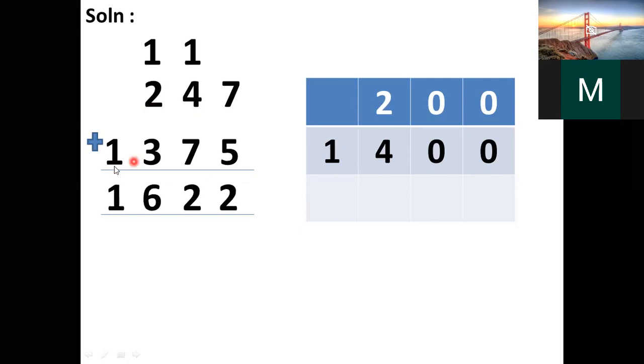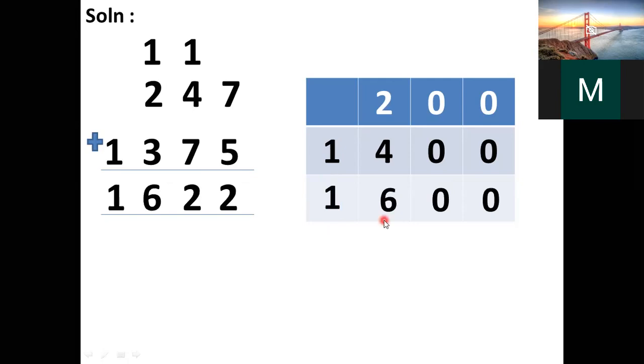And the second number, 1375. The tens place value is 7. Is 7 greater than 5 or less than 5? Yes, greater than 5. So you add 1 to the 100's place. The 1000's place does not change. So write 1 in the 1000's place, then 3 plus 1 is 4, and 0 in the tens place and 0 in the ones place. Further you add these two numbers: 0 plus 0 is 0, 0 plus 0 is 0, 2 plus 4 equal to 6, and next you write 1. So the answer is 1600.